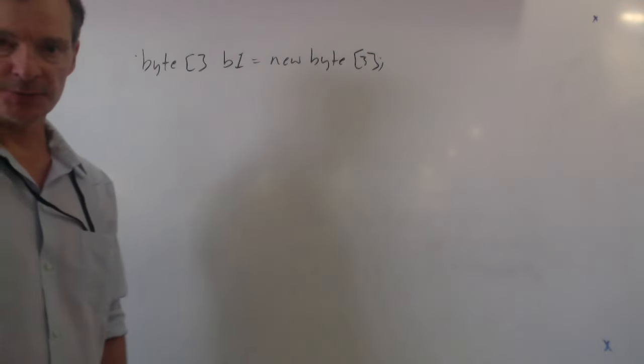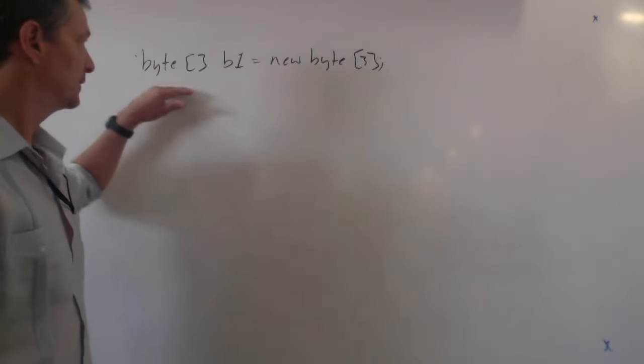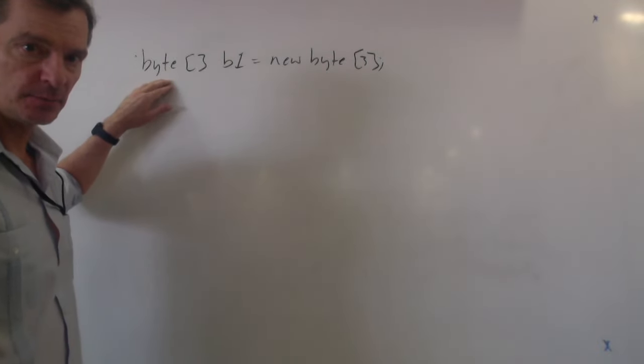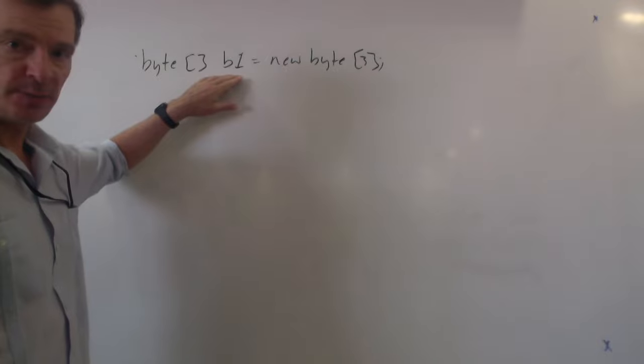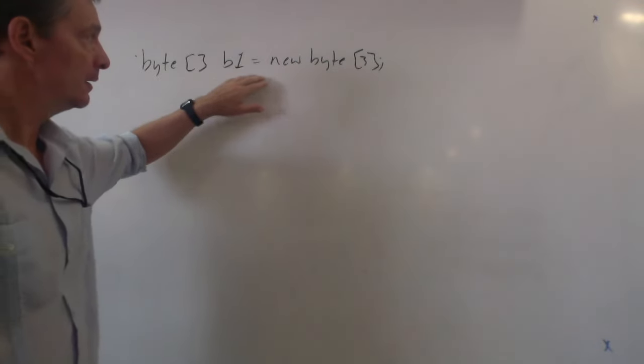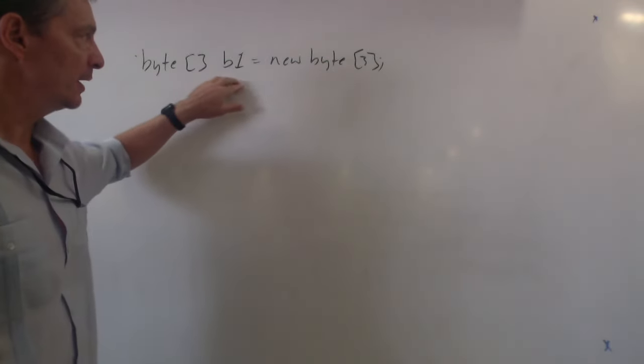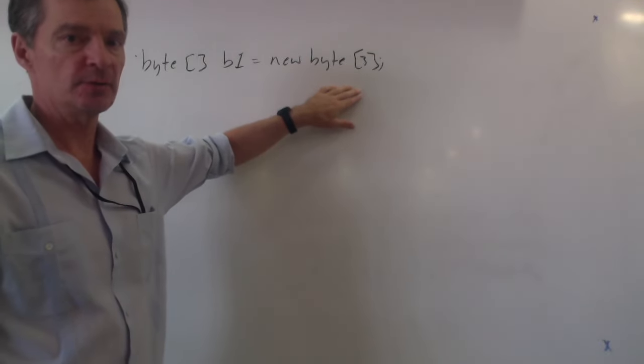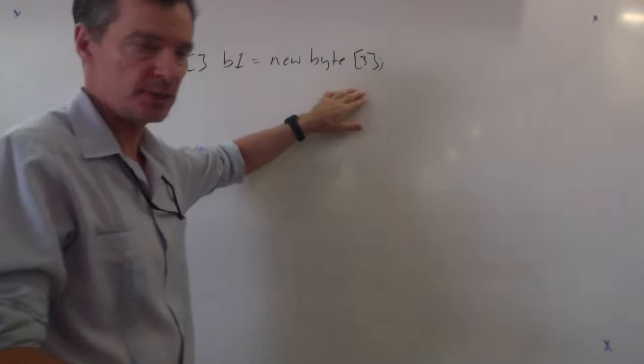All right, what that does is it declares an array of bytes. Bytes are small integers. The name of this array is B1. So we go byte array B1 is assigned new byte 3. What this new byte 3 does in terms of objects, and here's where I'll start the diagram,